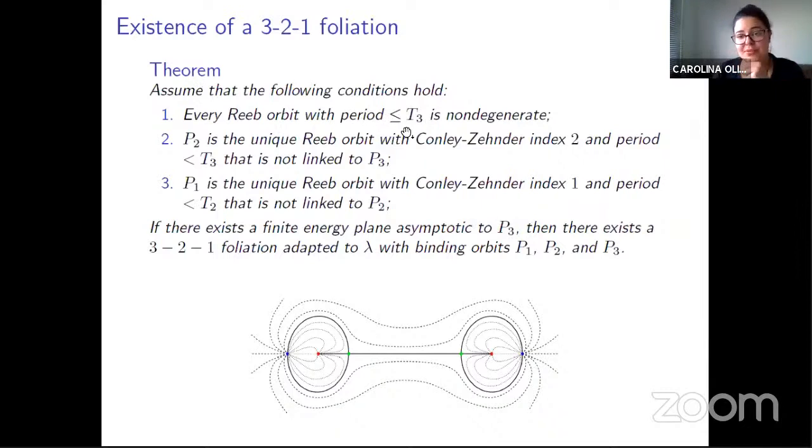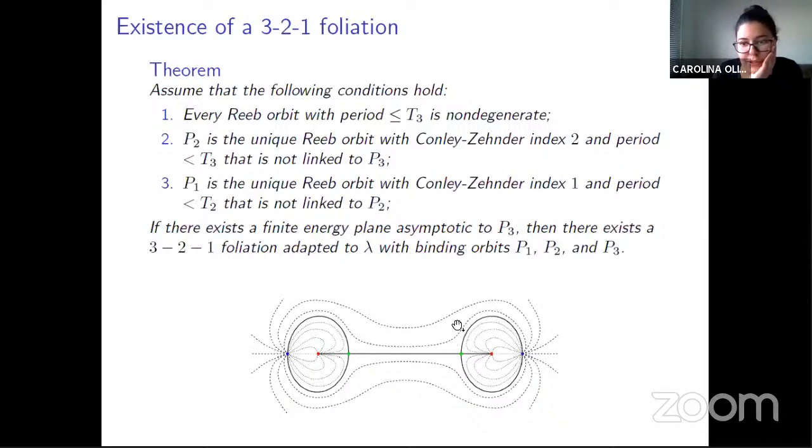all the orbits with small period are non-degenerate, and that this orbit P2 is the only one that has small period, condensing index 2, and is not linked to P3, and that P1 is the only orbit with small period that has condensing index 1 and is not linked to P2. Then if we have one of these leaves here, one of these